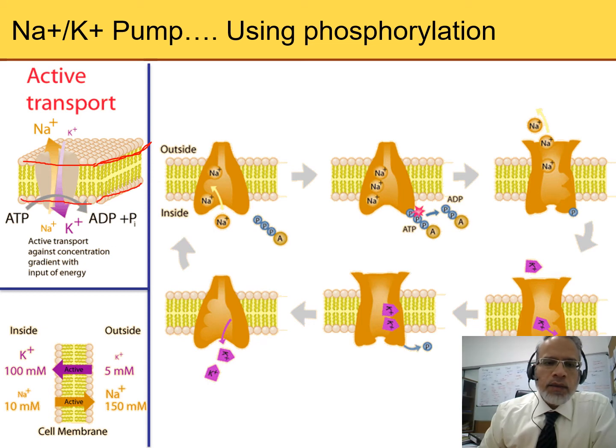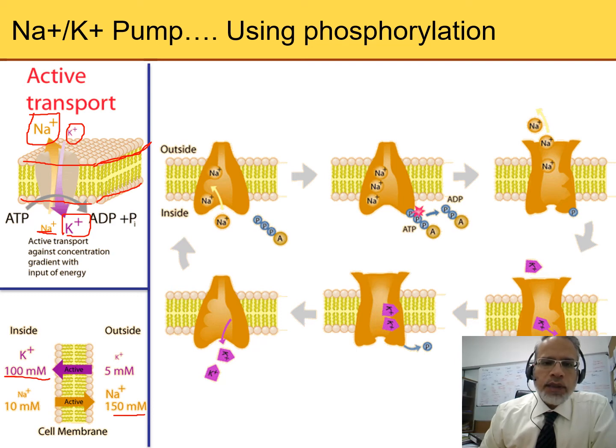Okay, and what they're showing you is that you have a lot of sodium on the outside, and you have a little bit on the inside, and then you have a lot of potassium on the inside, and you have a little bit on the outside, right? So inside you have 100 millimolar potassium, and then outside you have 150 millimolar